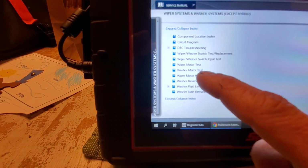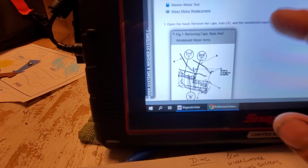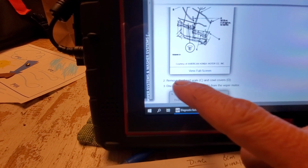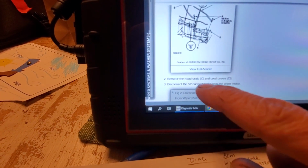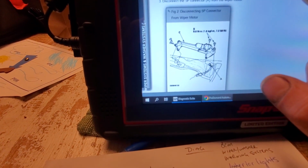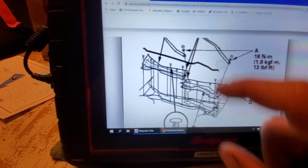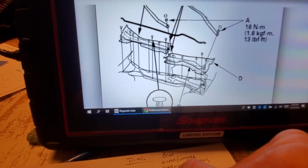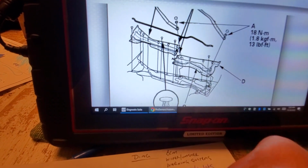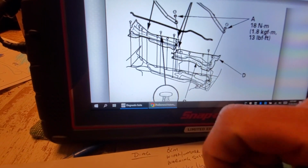But what I'm concerned about is wiper motor replacement, because I want to know what I have to take apart. I got to remove the hood seals and cowl covers, disconnect these connectors and the wiper motor. Okay. So basically, I got to take the cowl apart, and that's what it's going to involve. All right. Now, to each their own. Taking the wiper blades off, taking this cowl apart, you got snaps involved. Do you want to go there? You could. Me personally,